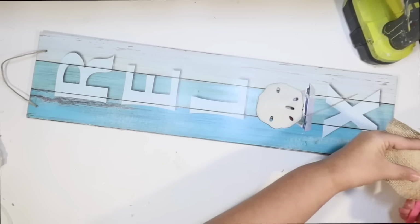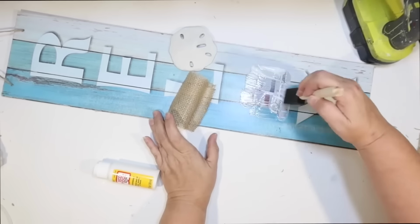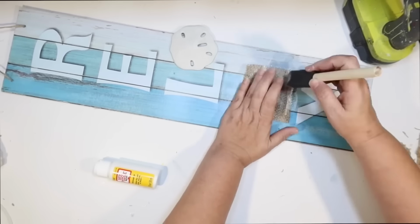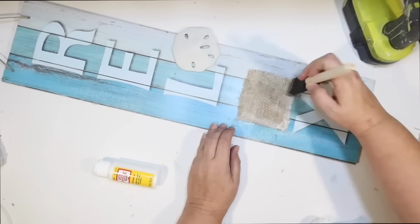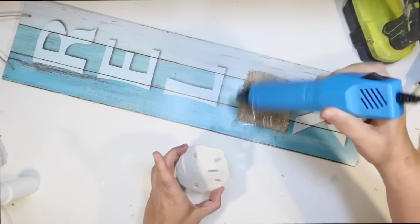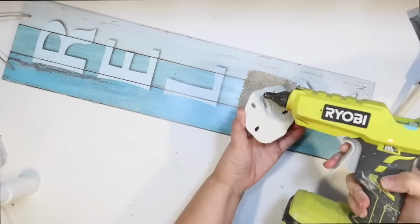The burlap's really easy to cut straight, because if you just follow the grain of the burlap, you can get a nice straight line. Then I'm going to attach that with Mod Podge. Burlap doesn't normally like to stick down too much with Mod Podge, but if you go over the top, make sure it's really good and wet, you can get it to stick pretty well. So I'm just going to give that a quick dry,